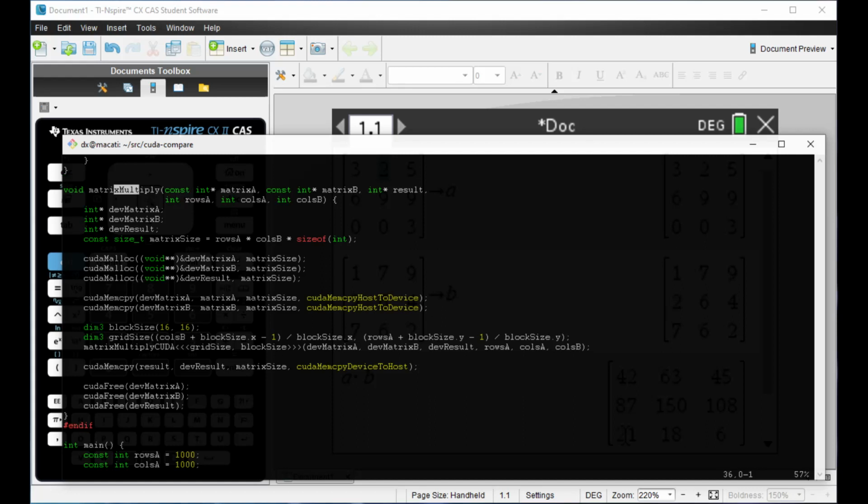So it's going to delegate the operation in parallel. First, it allocates the matrix inside the GPU. It does this using CUDA malloc, because right now this matrix A is